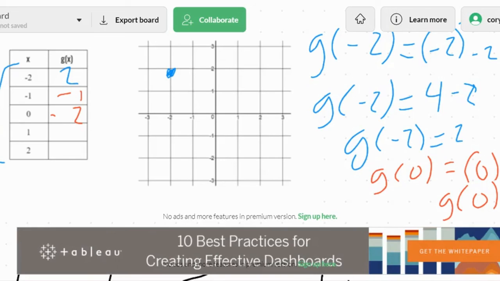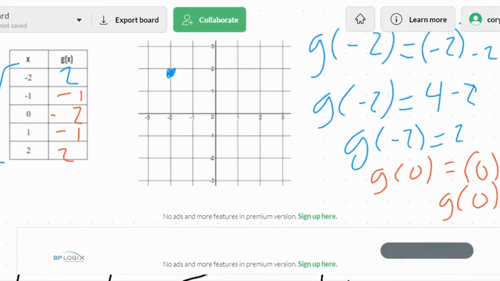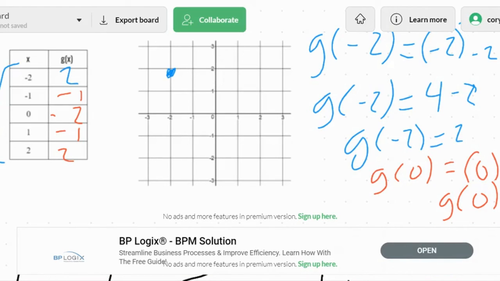Since it's a quadratic function, it'll mirror itself, but let's say you didn't know that yet. When I put a 1 in, 1 squared is 1, minus 2 is negative 1. There's some symmetry here. With 2, positive 2 squared is 4, 4 minus 2 is 2. And look at that, we have a quadratic function that makes a parabola, because you know that quadratic functions make those U-shapes. My ordered pairs are a little off, and that's not the right point either. So let me